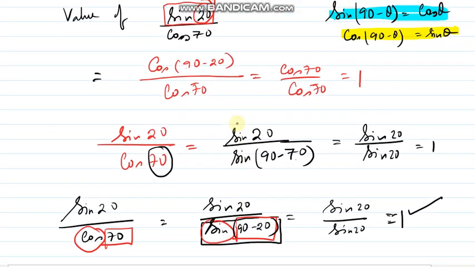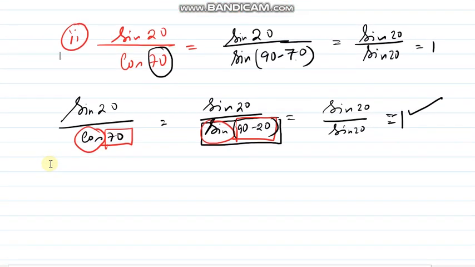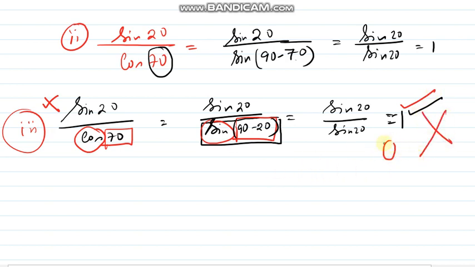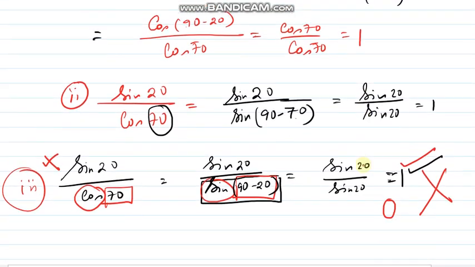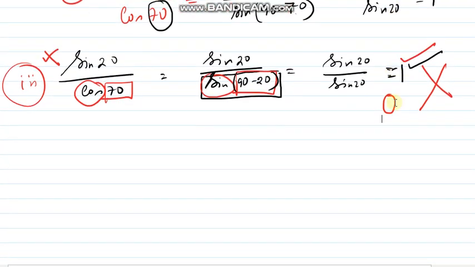So both formulas you can apply, you can do by method number 1, you can do by method number 2. But if you do by method number 3, though you will get the correct answer, this method will be unacceptable and you will be credited with 0. Please be very careful. So either you change in the numerator or denominator, either you use any of these formulas, but don't mix the formulas.